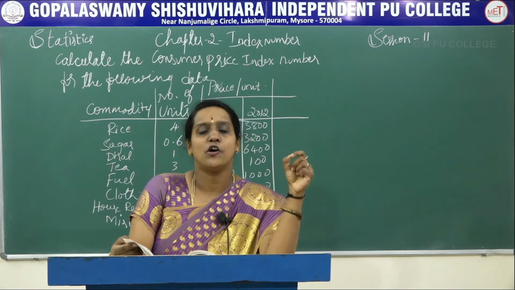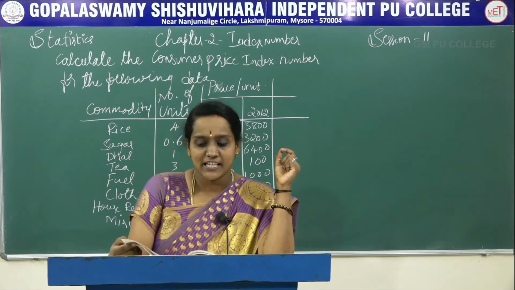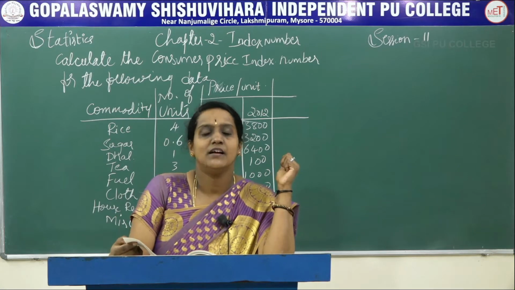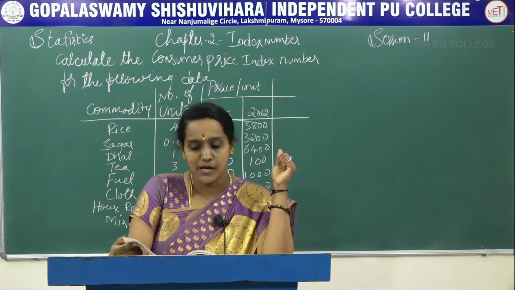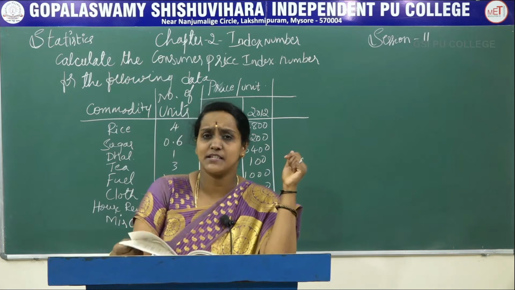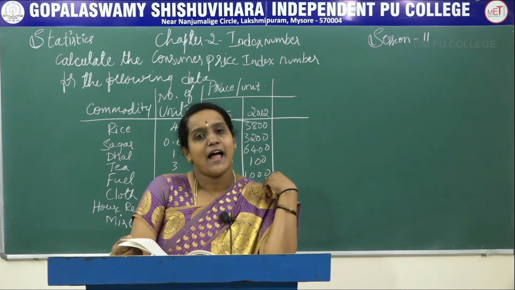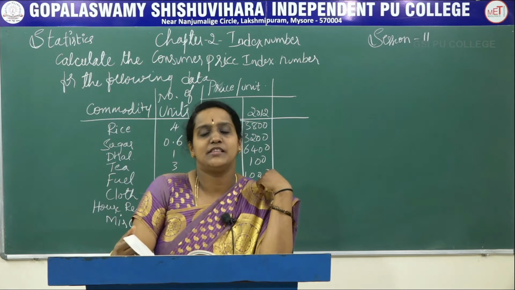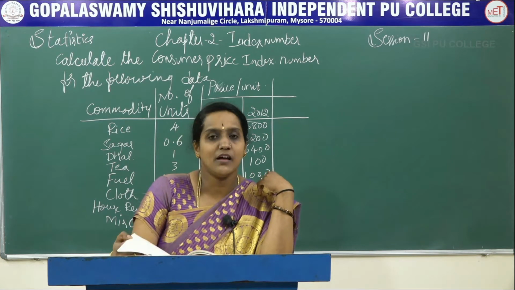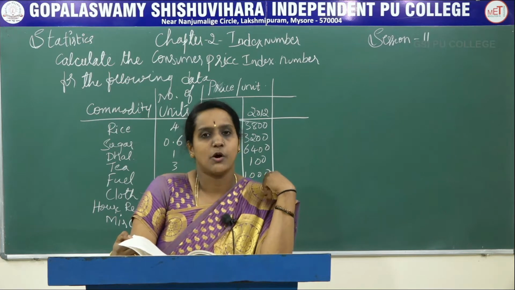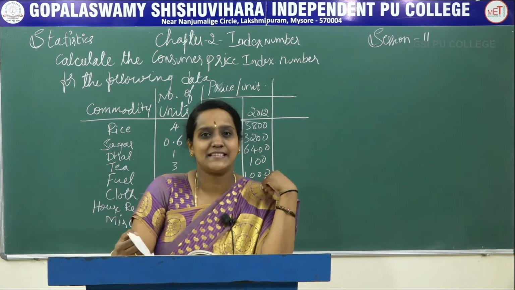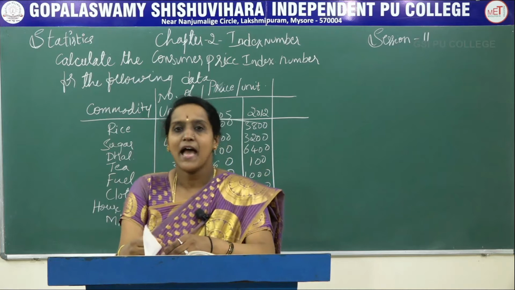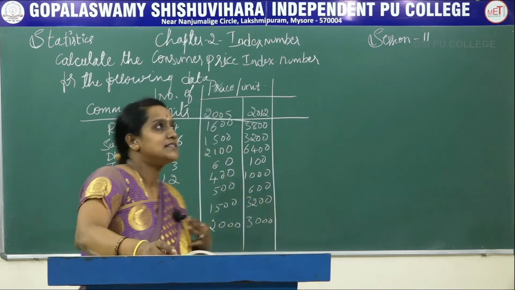The formula followed by the aggregative expenditure method is nothing but the Laspeyres price index number, and another method is the family budget method, and one more, here we are going to discuss price index with a weightage. In today's class we are going to solve all these three types of problems, and the first problem says, see this,